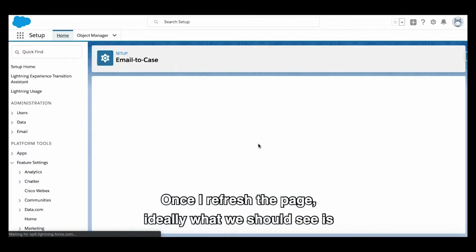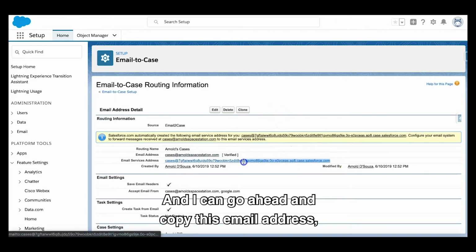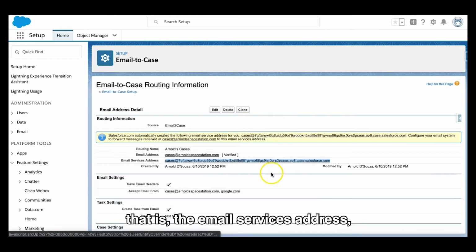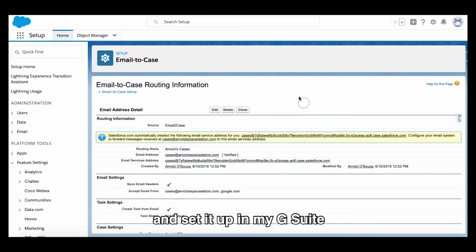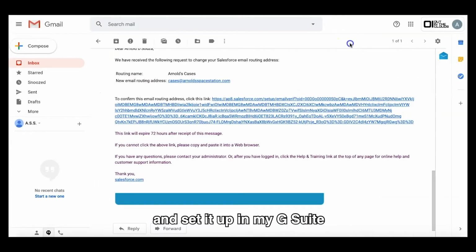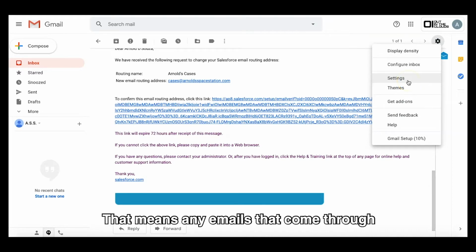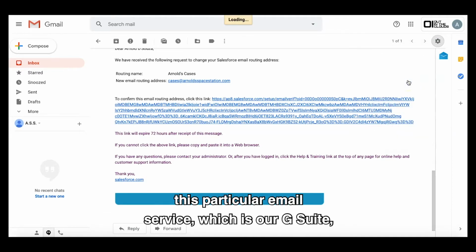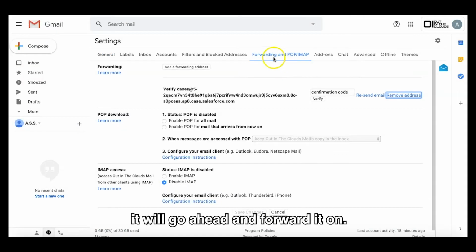Once I refresh the page, ideally what we should see is that it should now say verified. And I can go ahead and copy this email address, that is the email services address, and set it up in my G Suite as the forwarding address. That means any emails that come through this particular email service, which is our G Suite, it will go ahead